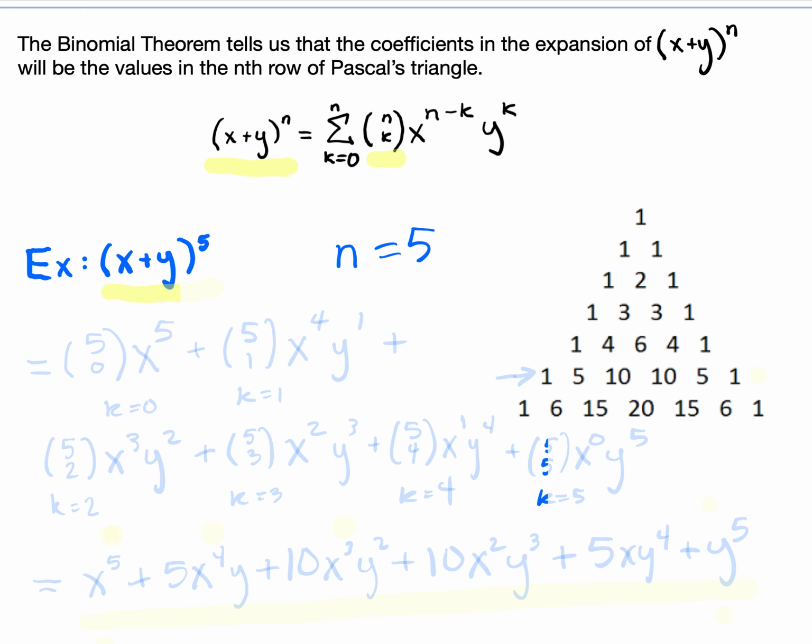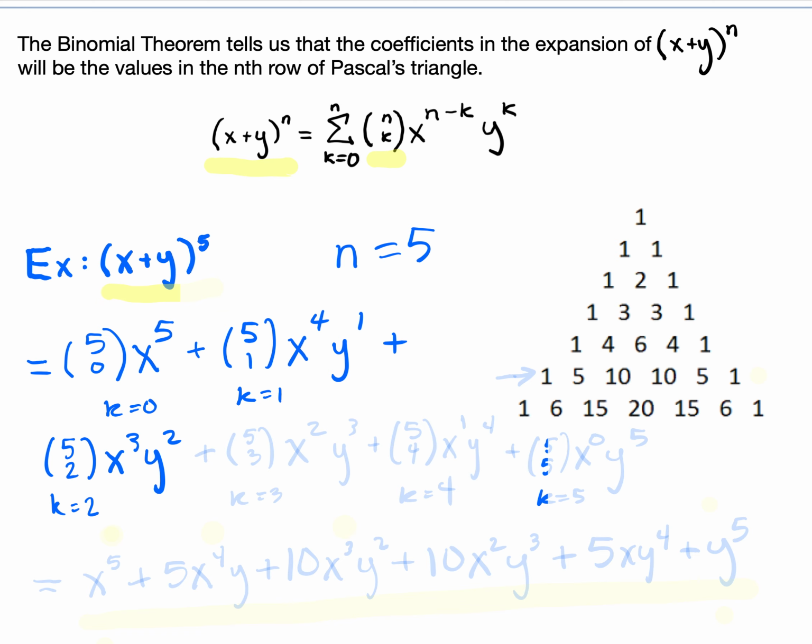And so we're looking at the expansion of (x + y)^5. By the binomial theorem, that's going to be equal to 5 choose 0 times x to the n minus k. This is the k equals 0 term. So 5 minus 0 is 5, times y to the 0th power, which is 1, plus the k equals 1 term. That's going to be 5 choose 1, x to the 5 minus 1 is 4, y to the 1 power, plus the k equals 2 term. The k equals 2 term is 5 choose 2 times x to the 5 minus 2 is 3 times y to the 2nd power,